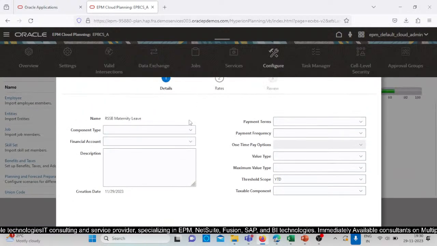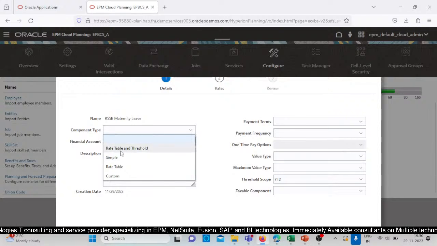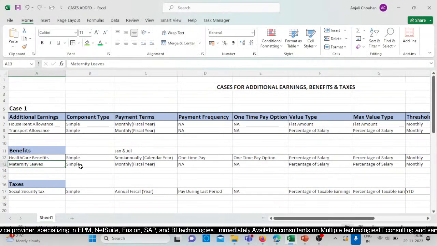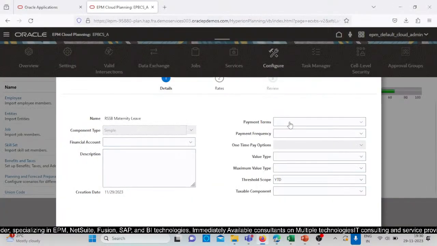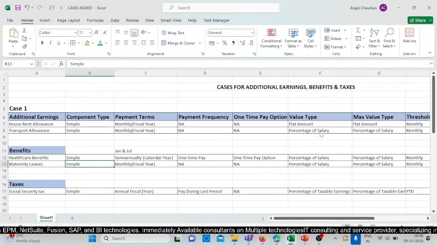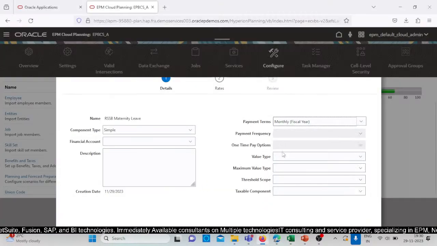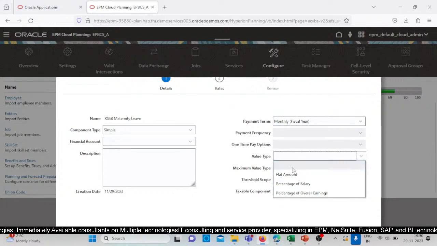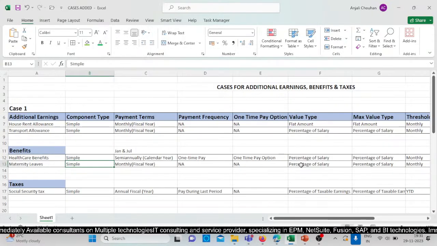and repeating the process which we have done for the healthcare benefit. Again, you can take the rate table and threshold, simple, rate table and custom. If I don't have the rate table, I am making it a simple one. Then payment terms, here I want it to be the monthly fiscal year. If I am taking it as monthly, then there is no payment frequency, because monthly it will be done, and there is no one-time pay option as well. From here you can provide the flat amount or whatever you want. So here again I just want it as the percentage of salary,